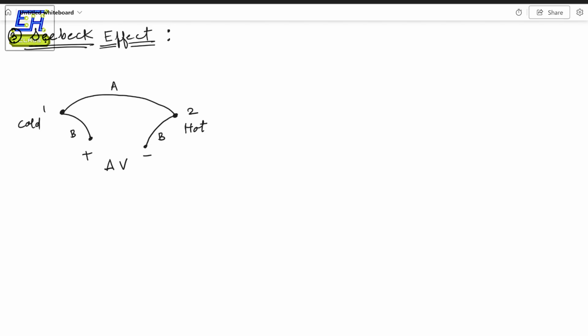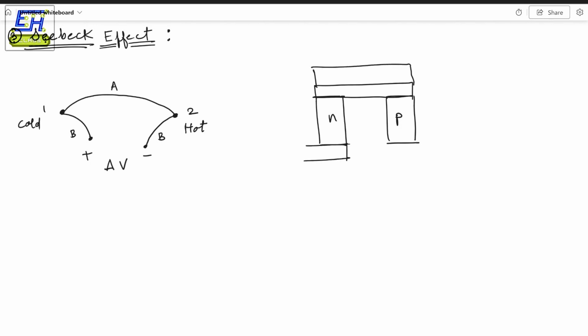And this same effect can be achieved using more advanced semiconductor technology. In this case, what they do is you can have N type and P type. Again, this is just a very basic and simple diagram connected. And what you do is you heat one side, let's say this one. So you heat this one and you cool the other side. So this side,